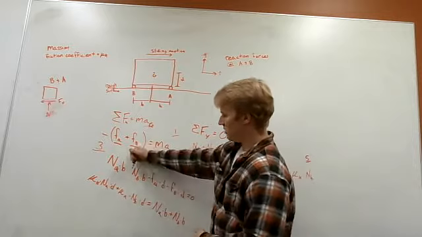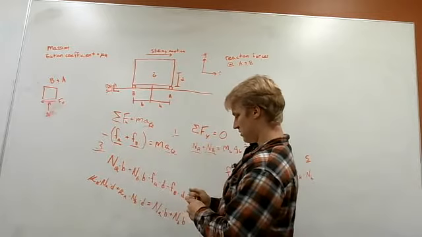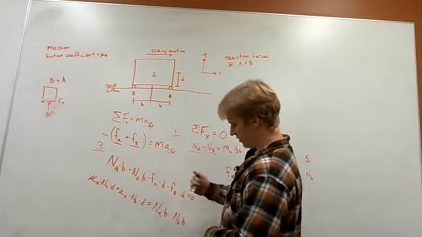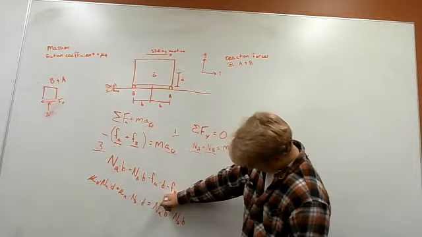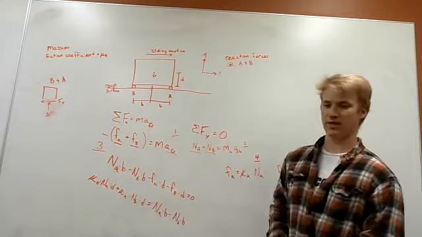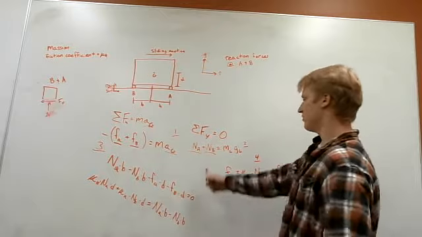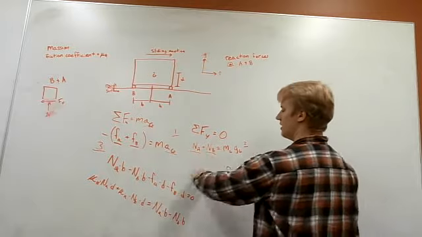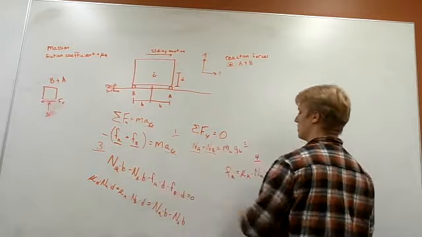That should be minus. This should be minus. My bad. Anyways, so we can infer from this problem, since NA and NB are equally spaced out, that